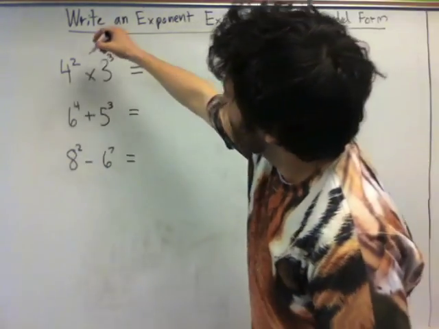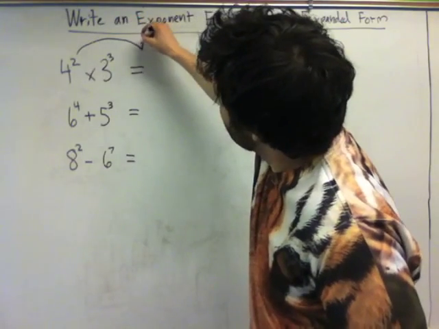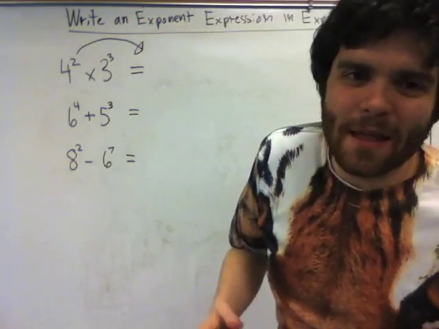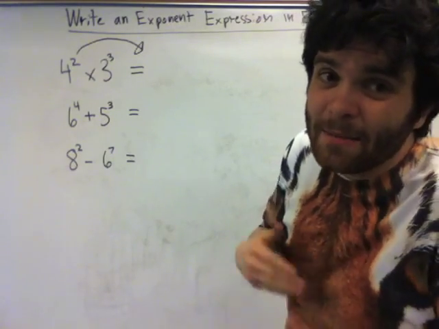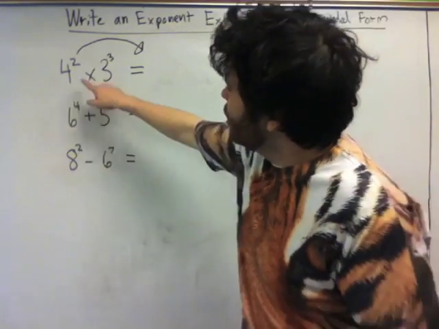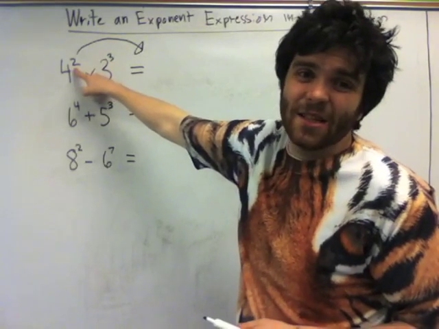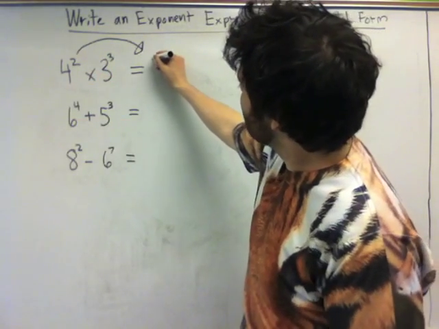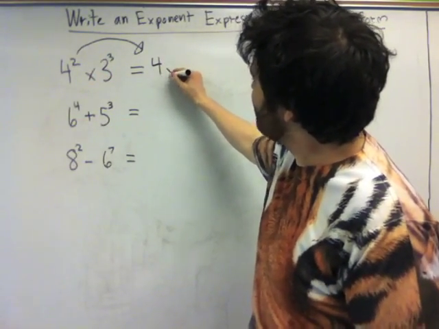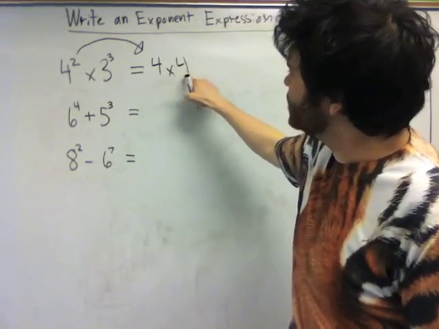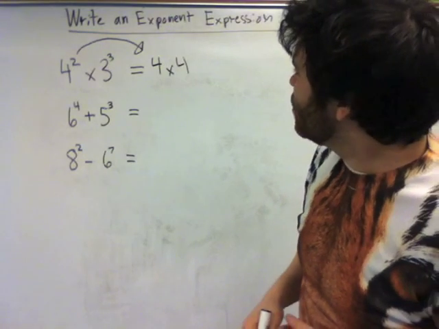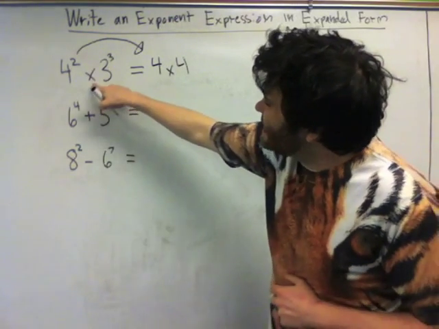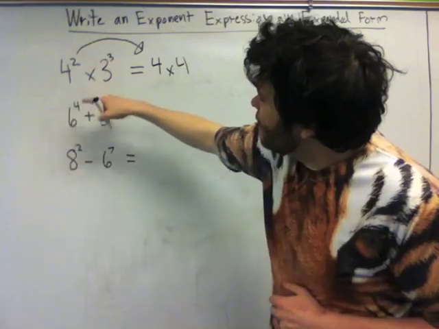Let's start with the 4 squared. Well, what does that mean? That means that we've got 4 as the number we're talking about. How many times is it times itself? Well, 2, because our power is 2. So that's got to be 4 times 4. 1, 2, and our number is 4. We're all good. So now I need to multiply this by